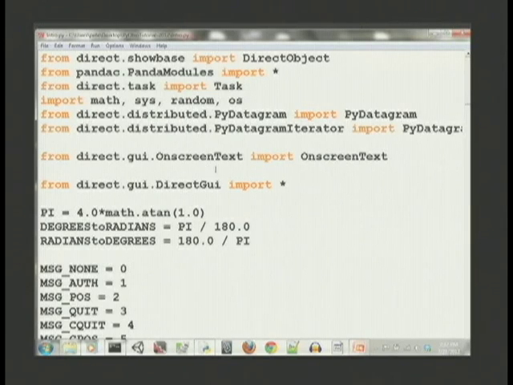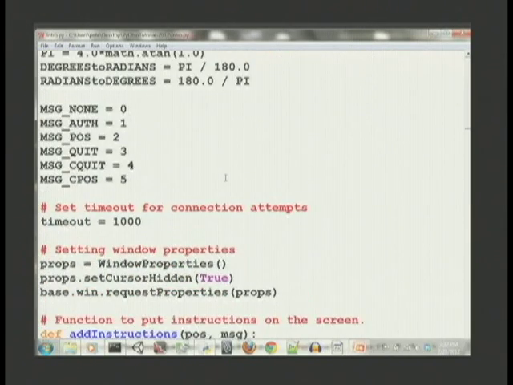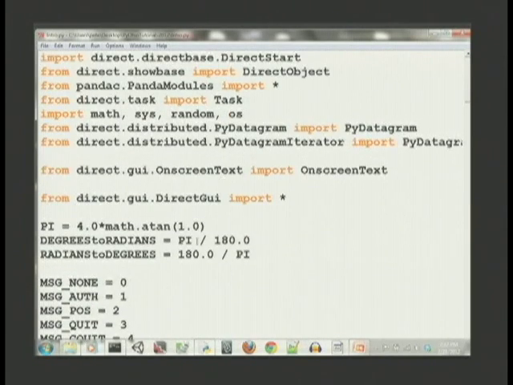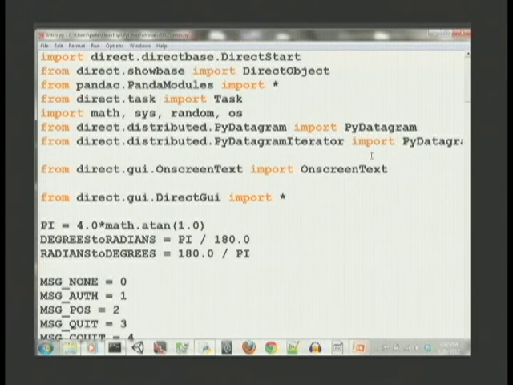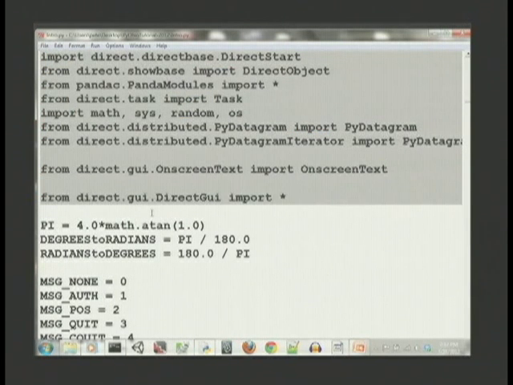This is what Python code looks like. And I'm going to ask you to forgive me. This skeleton code has a lot of information. The top part here imports a lot of libraries that we're going to use. They're standard libraries when developing a Panda game. You see down here,